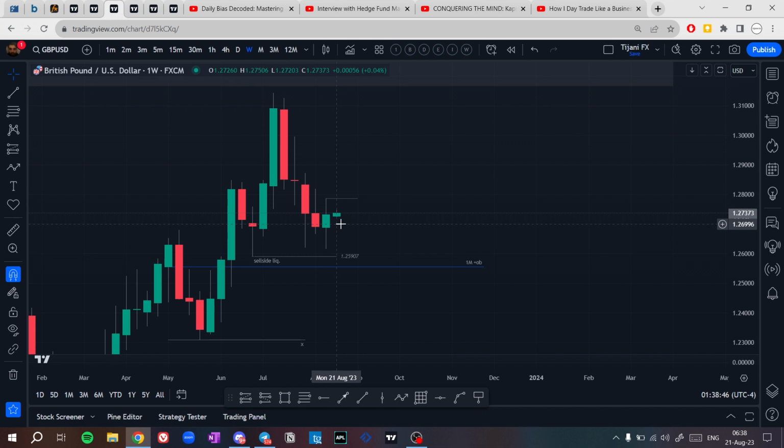So if that next invalidation level is taken, we're going to be expecting sell side liquidity to be taken first. As we are being flexible with the market, we're not buying a bias. We set our expectations on the market, we put our invalidation level where this idea is going to be invalidated, and we go with the flow. This is what we are doing as traders.